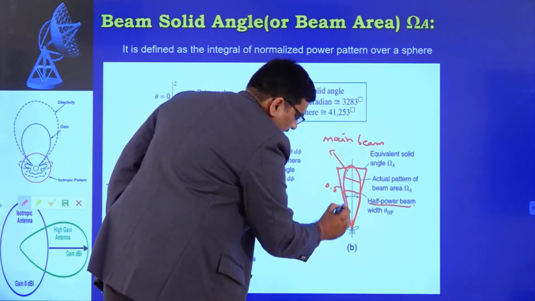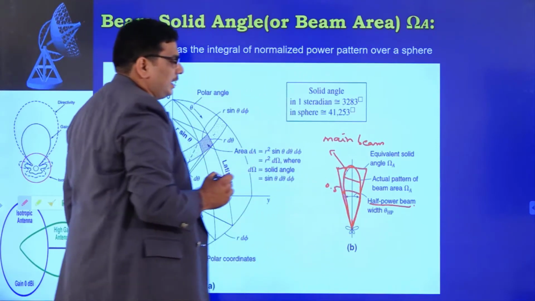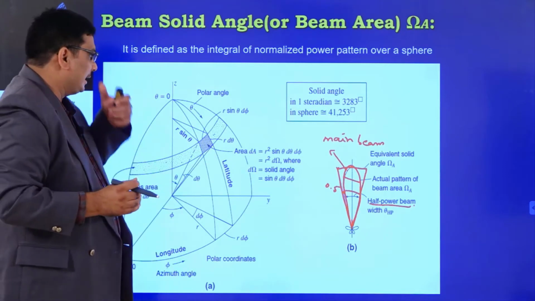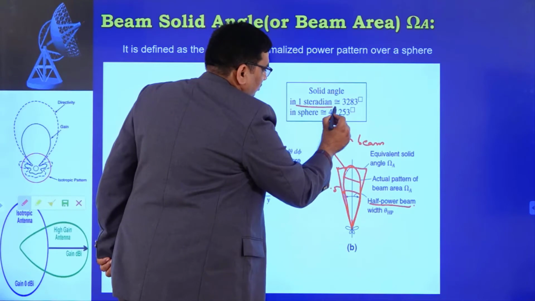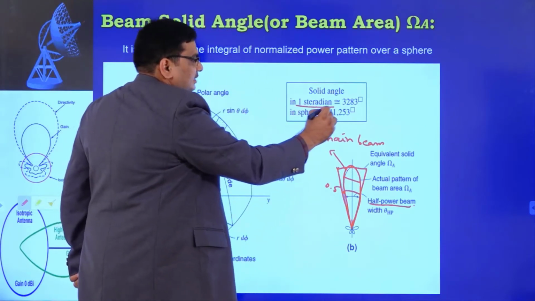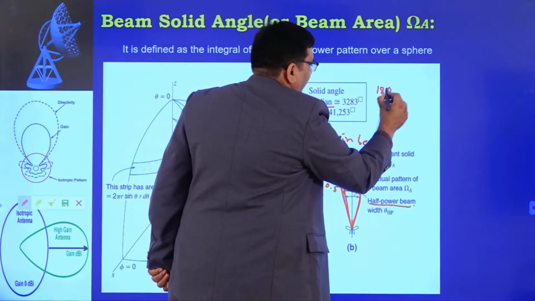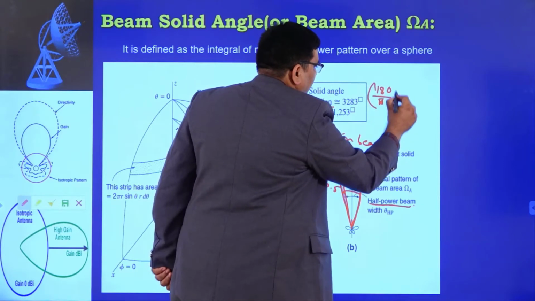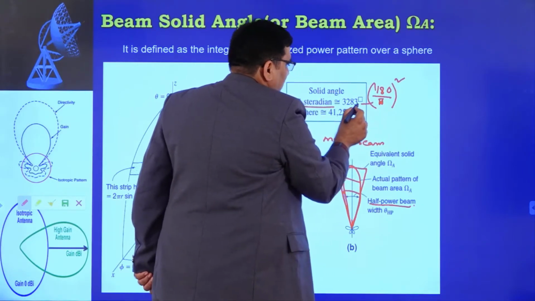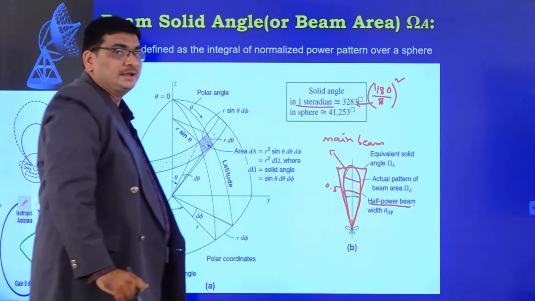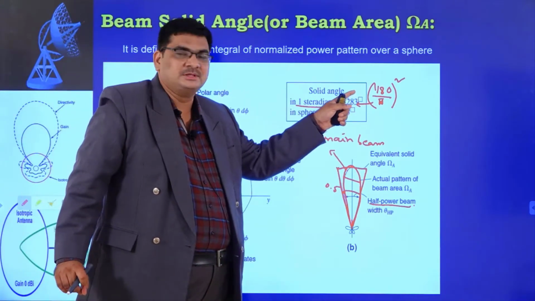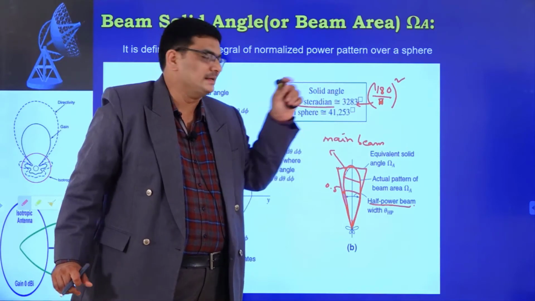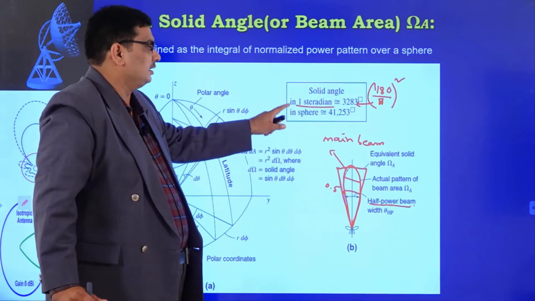So, this is the actual area of the beam, and that is the solid angle. So, 1 steradian, as we already discussed above, is equal to (180 by pi) whole square in degree square. That is equal to 3283 square degrees. That is why this is drawn on top of the 3, that is square degrees, and in a sphere,